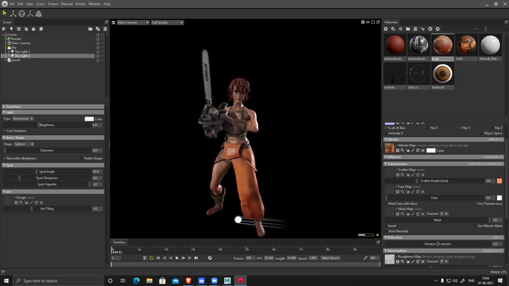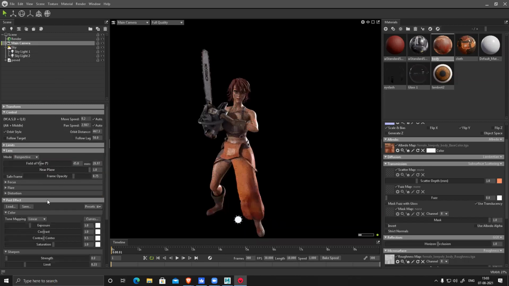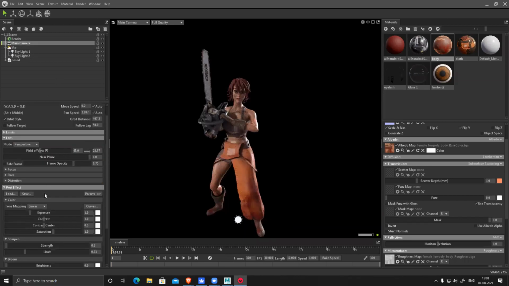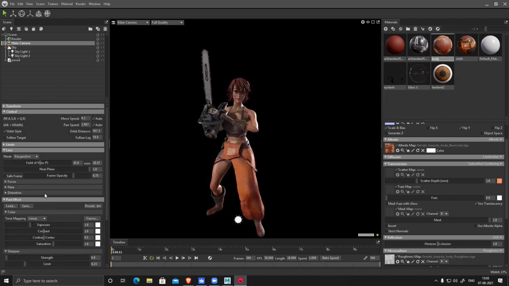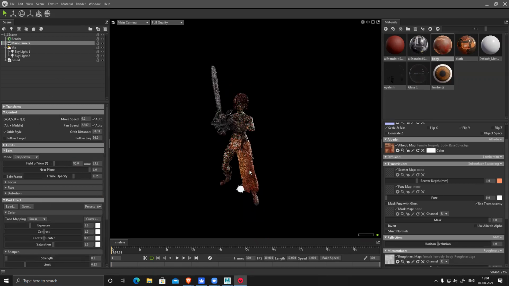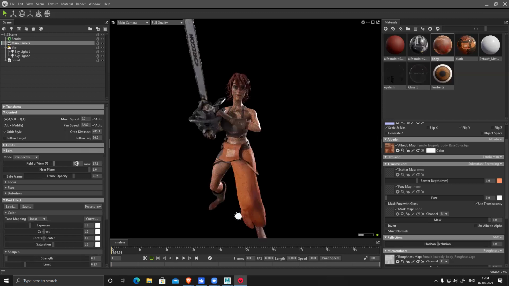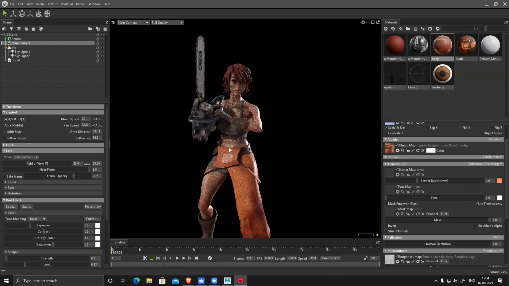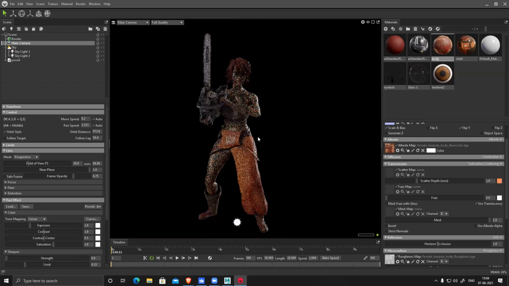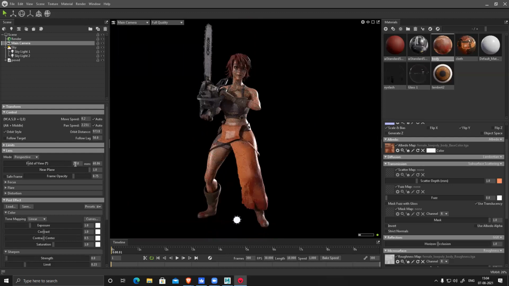So I can use a light, or if I want, I can just simply generate a spotlight and create it. This is fine. Now render. Let's see. This is fine. 45. 25. So here it works differently. So I have to reduce here, maybe 20 or something. In Maya, I have to increase the focal length. Here I have to reduce the focal length.